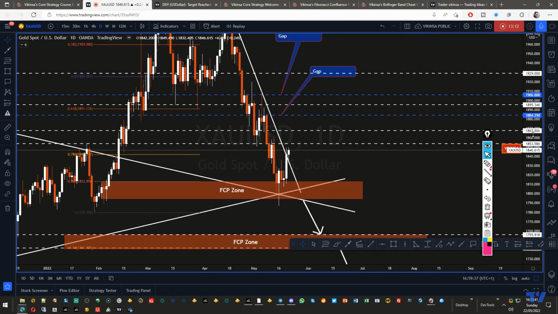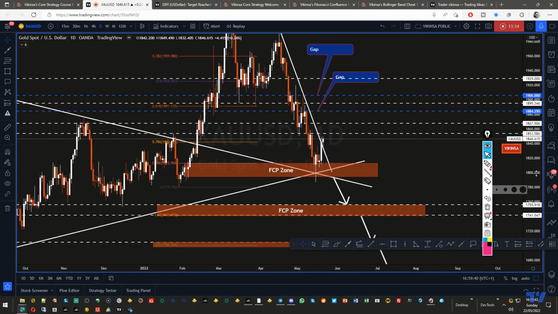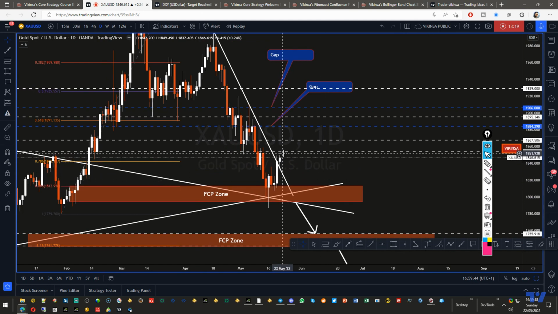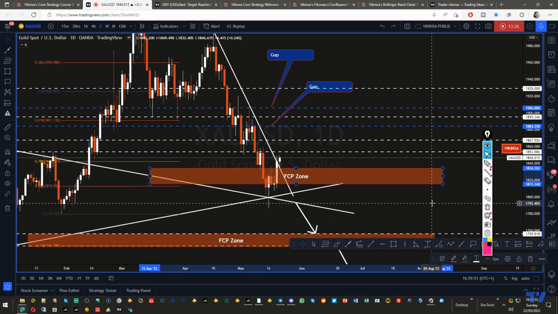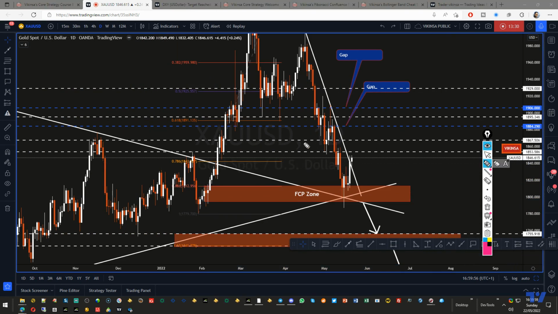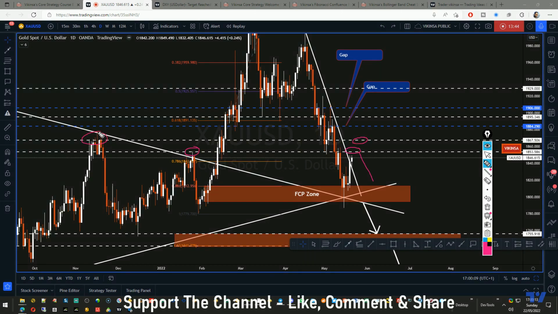So the plan is basically to monitor how gold is going to open. If it starts to go up, then you should be very, very careful around 1853.586, around this level here. This is very important. Why this level is more important is because this is actually a Fibonacci level, and it also has potential to push the market down. This is also a previous structure level here. The next level is also a Fibonacci level, and that is also a structure level here.